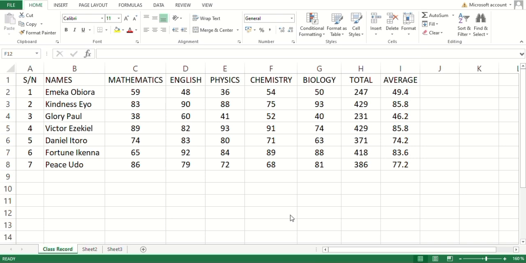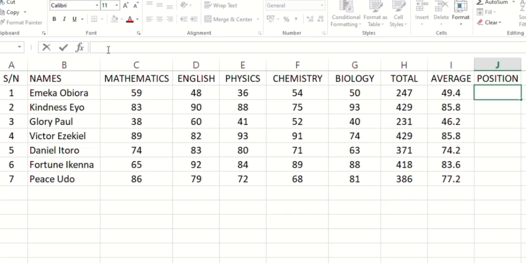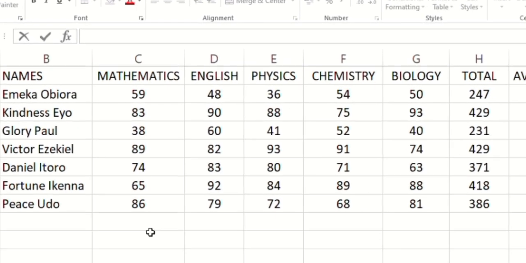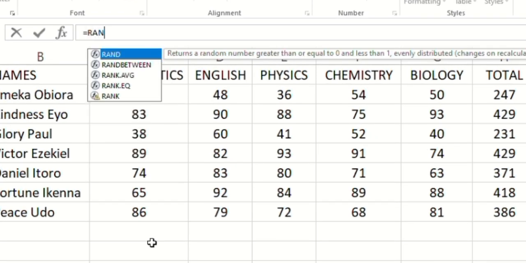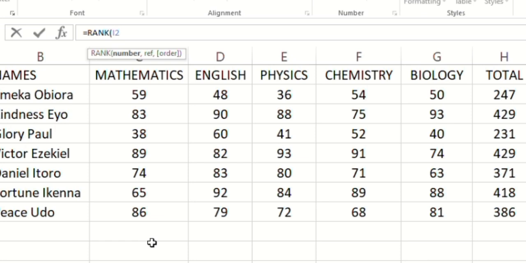Now we are going to compute their positions based on their averages. Create a new heading with the name position, and then we are going to use the rank function to compute their positions. Now, using the formula bar, we are going to type equal to rank open bracket I2,